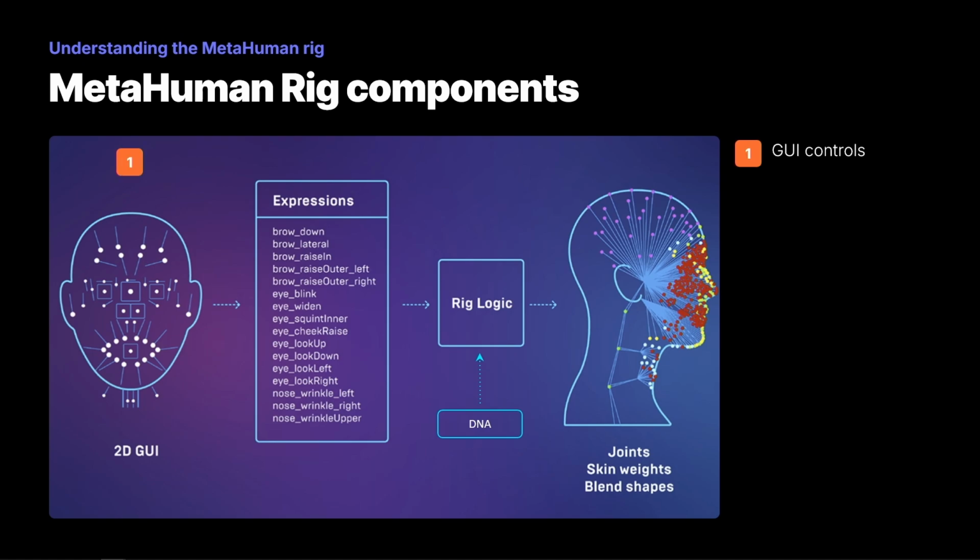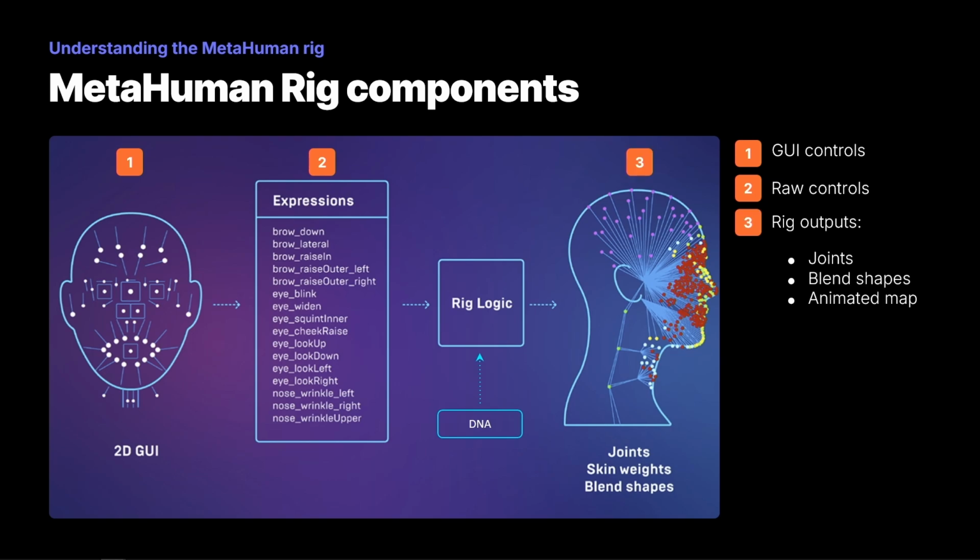Our first array represents the values of GUI controls. The next array represents values of raw controls. RigLogic allows the user to provide either the GUI controls, and then it can transform those into raw controls, or the user can provide raw controls explicitly, thus removing the need to have the first transformation mentioned in the previous slide. And finally, using raw control values and the data found in the behavior layer, RigLogic calculates the actual output